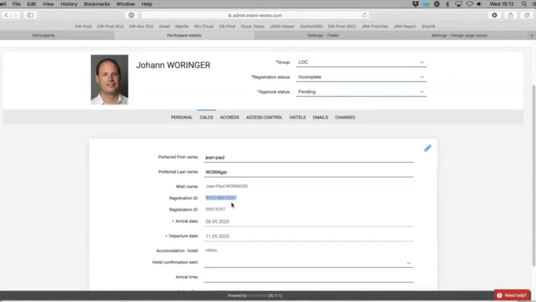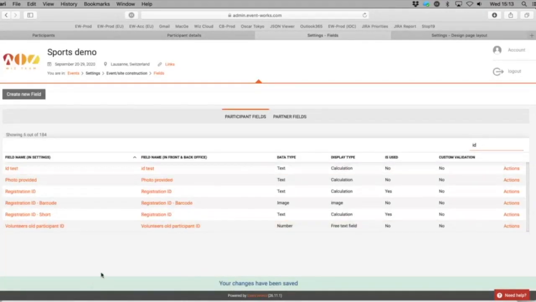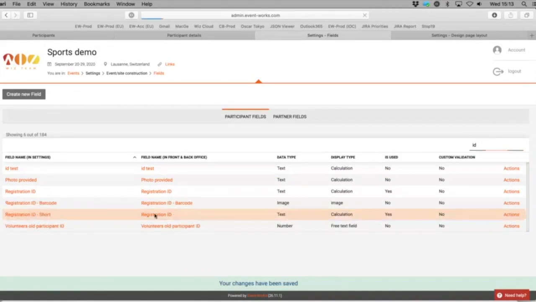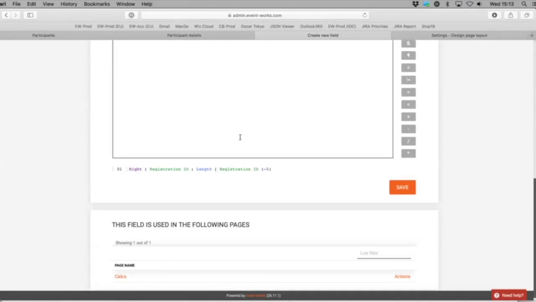What we often do is that on accreditation, we have a nice QR code, and on the QR code, we show the accreditation number. In which case, I'm not interested in having the two hyphens because it's a prefix, and the data that I'm interested in is only this one. So basically what I did here is a calculated field called ID short,